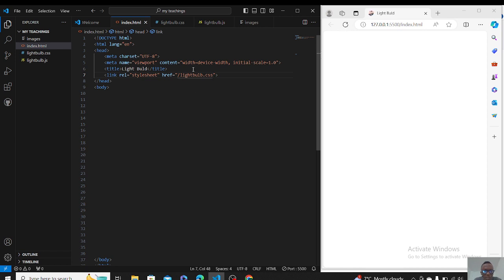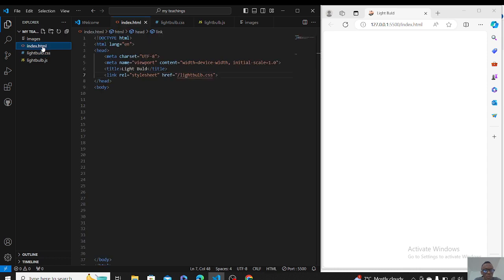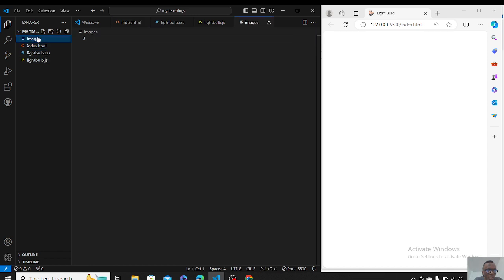So to confirm if you've activated this, when you hover on the light bulb, follow link would pop up. Just click on the follow link, it will take you straight to the file for your CSS. Okay, so going back to our HTML, now the last thing we will need to do here is to